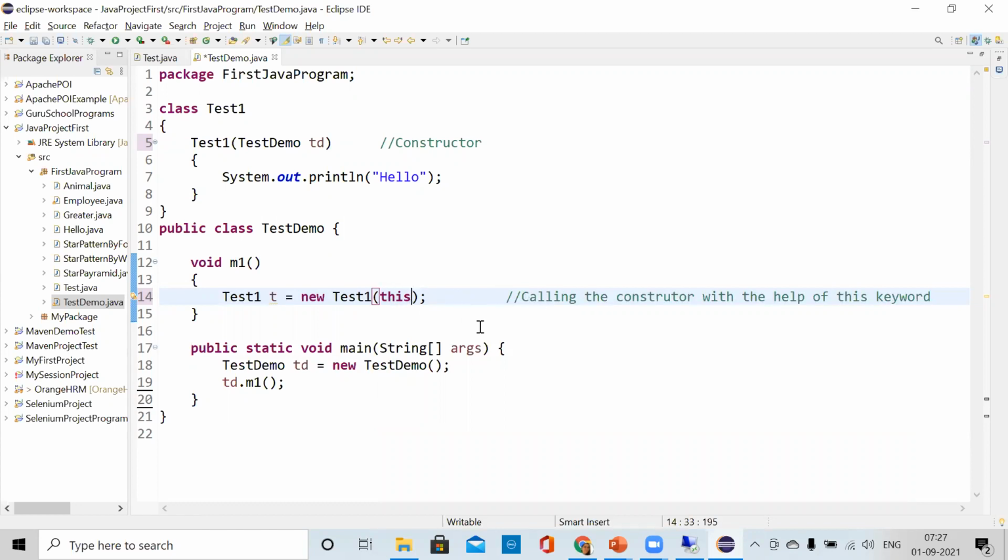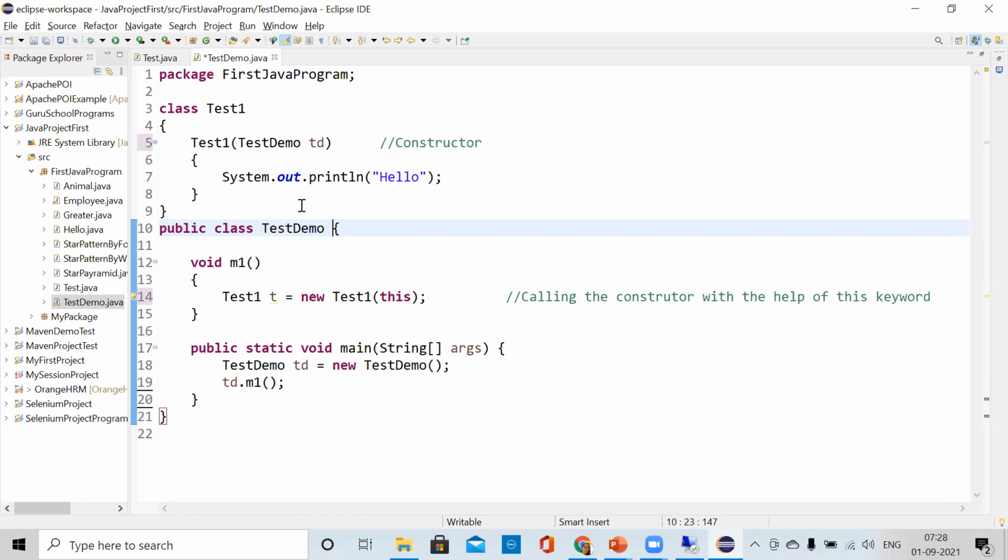Sure. It was first mentioned for parent and child classes, and afterwards it was mentioned for calling methods as well as constructors. So I just asked. Once we do the inheritance, when you use super, it is going to call the constructor automatically. Because here we are not extending the test 1 class, that's why you cannot use it. So here, if it is not inheritance, we can use the this keyword.